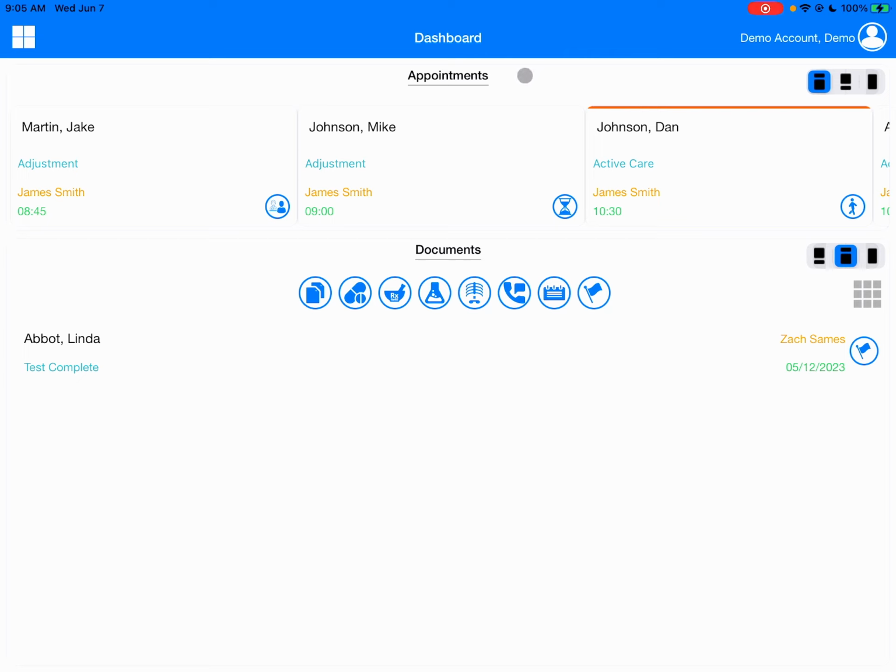What we want to draw attention to now is this main window down below. So you'll notice we have appointments and documents. And these windows are adjustable. At the upper right of each of these sections, you'll notice there's a set of display options. And we can choose which one we're going to give more screen real estate to. So if we want more